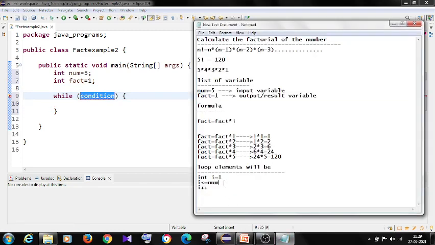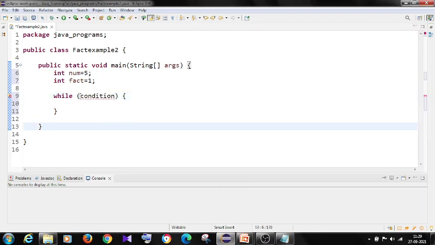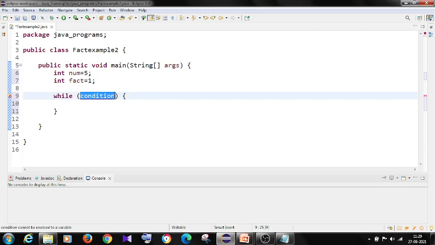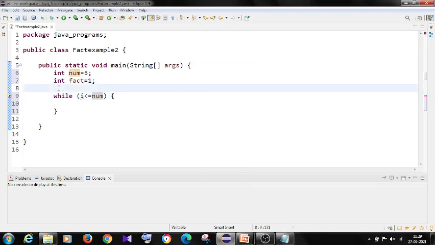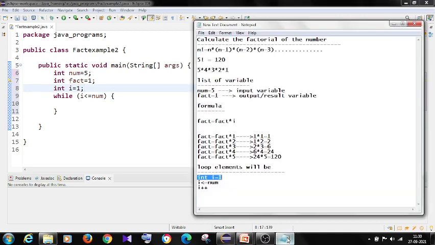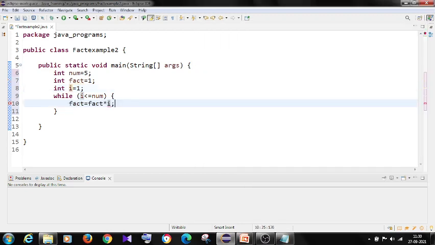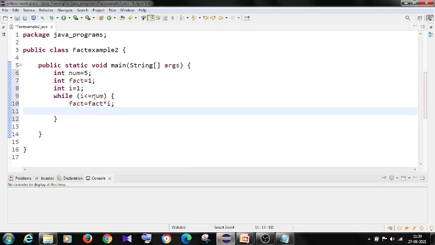The condition is i is less than or equal to num. So I have to initialize i, right? i is to start with 1. And what is the formula? The formula is fact is equal to fact into i.